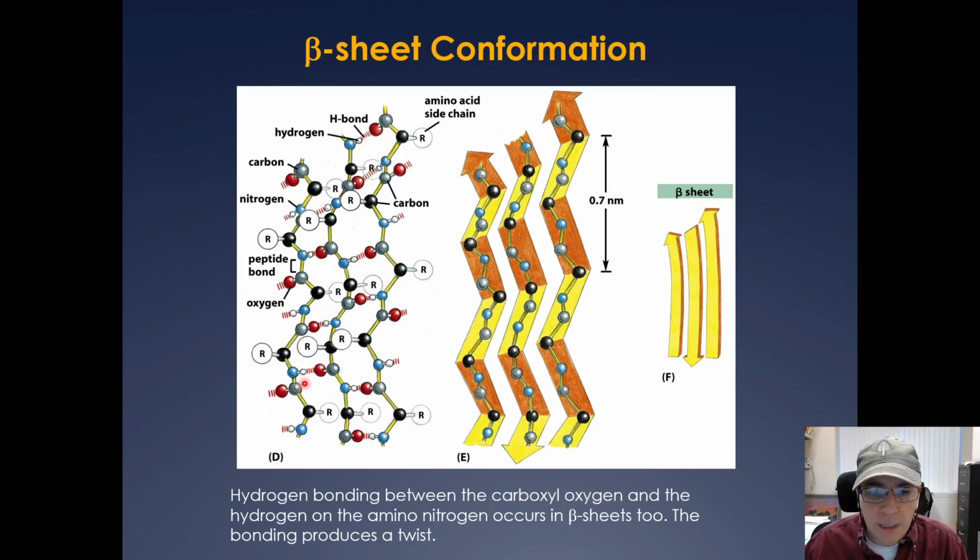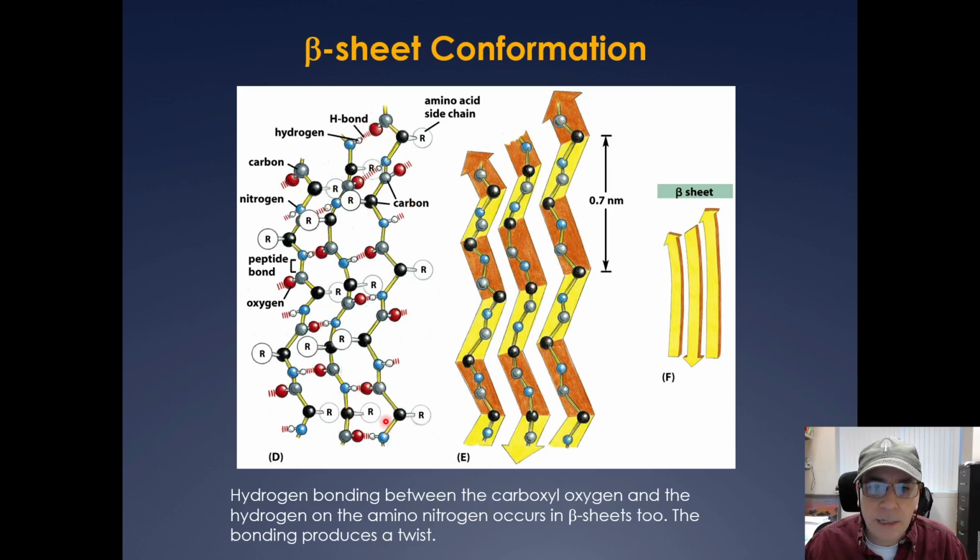you get hydrogen bonding, and this occurs between the carboxyl oxygen and, once again, the amino nitrogen, and you can see it right here. Now, in this instance, it's drawn as these fat arrows. This is a beta sheet, and in this instance, it's actually an anti-parallel beta sheet where one is going in one direction and one is going in another. And this is a very favorable fold because of all of the hydrogen bonding that can occur between